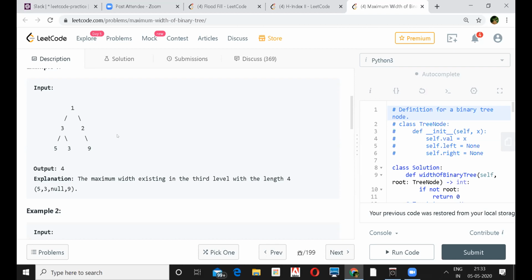In that case, we can insert a null, right? Null. And then when we come to the next level where there is 5, 3, we'll have one null and 9. So we can count all those, 4. But when we come to 9 or 5 or 3, we cannot insert nulls over there because they are the leaves.